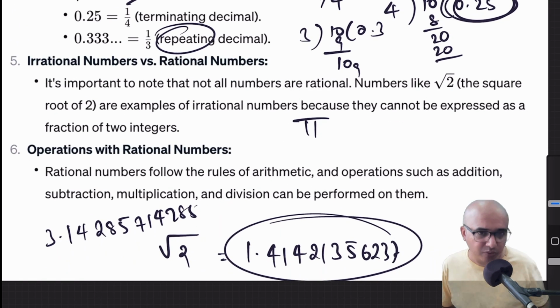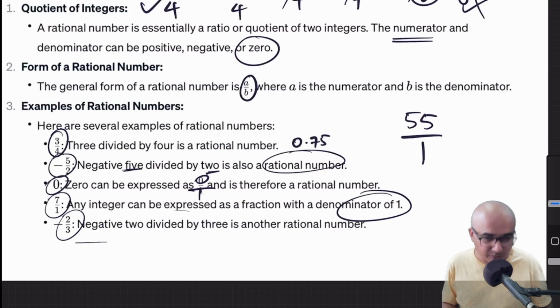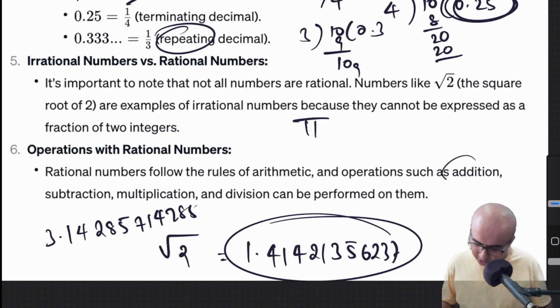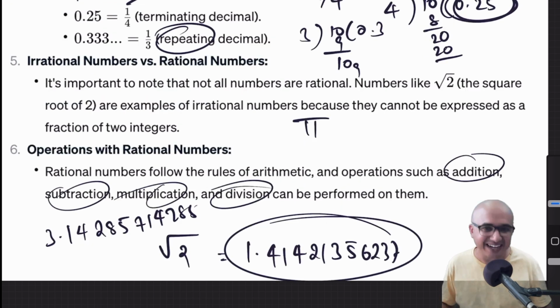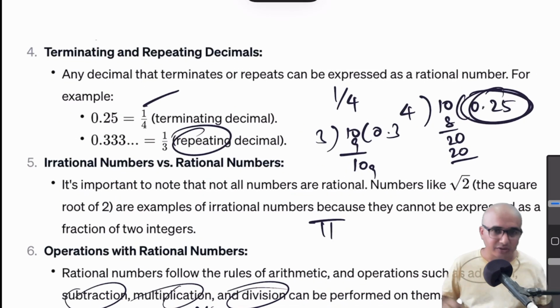Again, with respect to rational numbers, we can obviously do all these arithmetic operations like addition, subtraction, multiplication and division, and of course the result is another rational number. So that's all about the number system as such. We'll be looking at different problems, different aspects, computation of numbers in the next part.